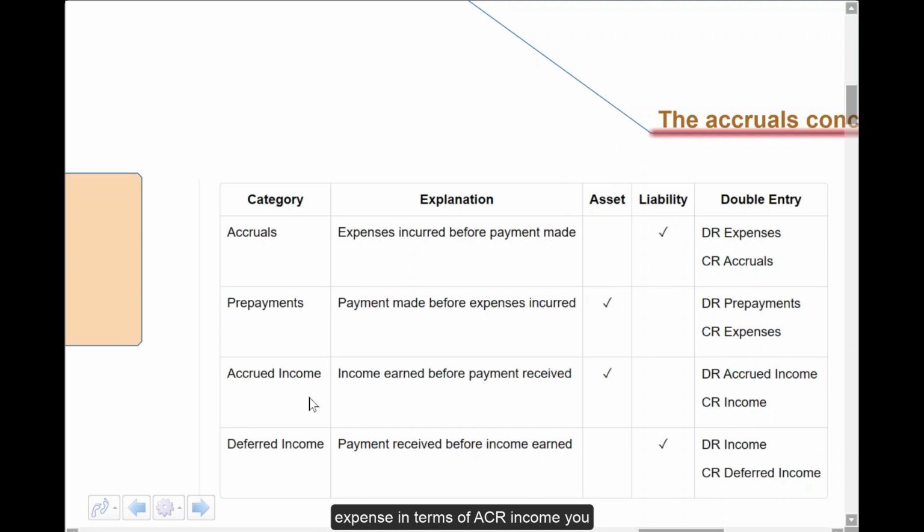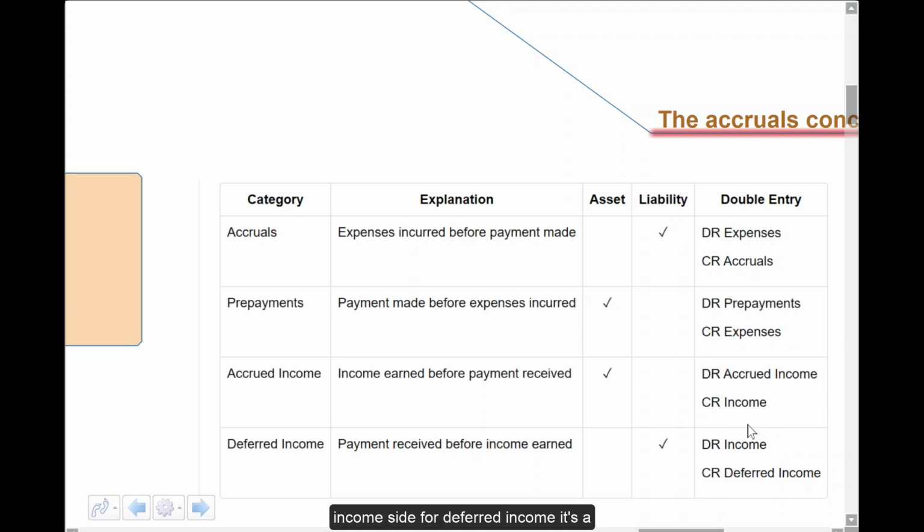In terms of accrued income, you remember, income earned before payment received. And technically, note, that is an asset, okay? So how do we create that asset? And indeed, how do we allow for the income side? Well, technically what we need to do is to debit accrued income, i.e. that asset account, and indeed credit income in the P&L account. We must increase income because we've earned income before payment received. So payment will be due to offset against that debtor in effect, and indeed